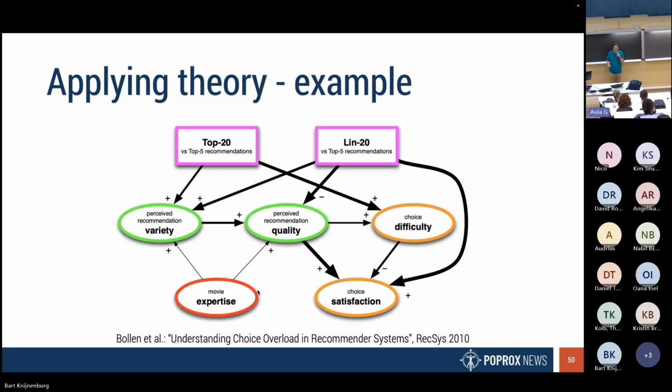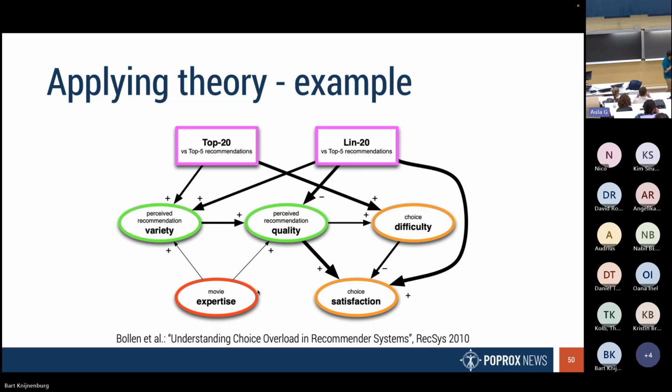So this is actually the model that we show in the study. What is this? Well, you see here the top 20 compared against the top 5, and the linear 20, which is linearly sampled down the list, against the top 5. And we measured the perceived recommendation variety. Well, it's higher in both the top 20 and the linear 20, actually slightly even higher in the linear 20. What is the perceived recommendation quality? Well, the higher the variety, the higher the quality. That's this